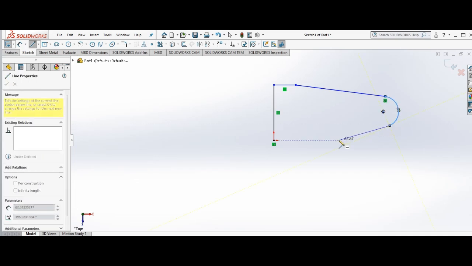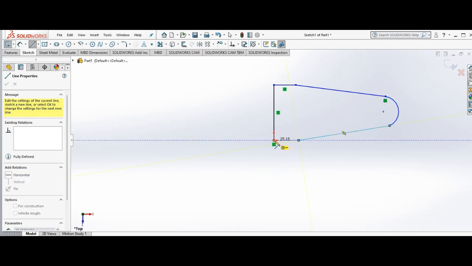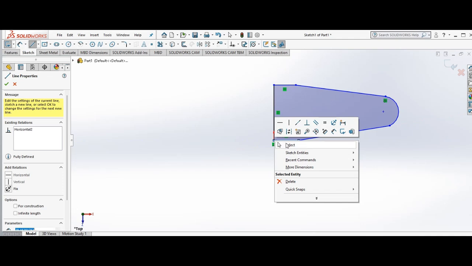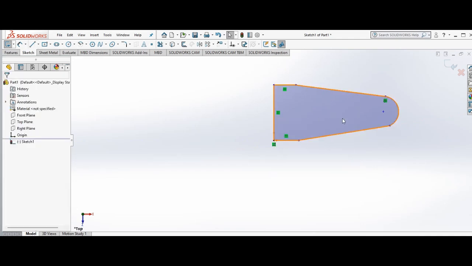Then we click, then we come down, we click, and we come down and close this, then we right click and click select. So we have a shape looking at us now. So the next thing we're going to do, let's see if we can click a